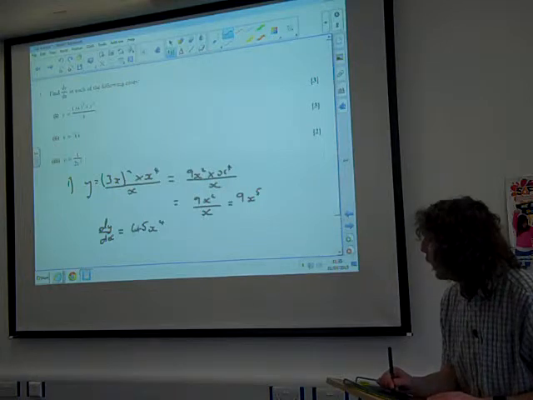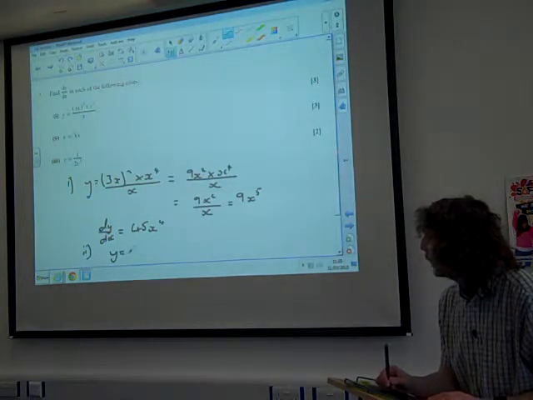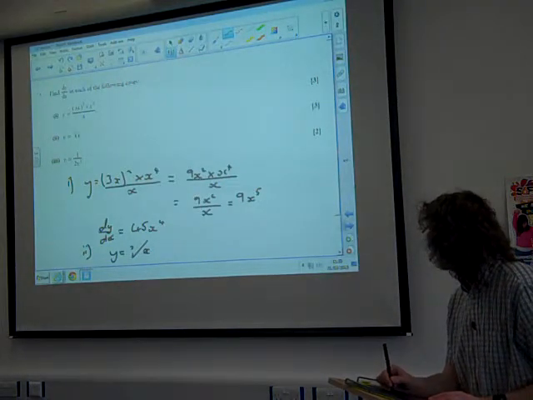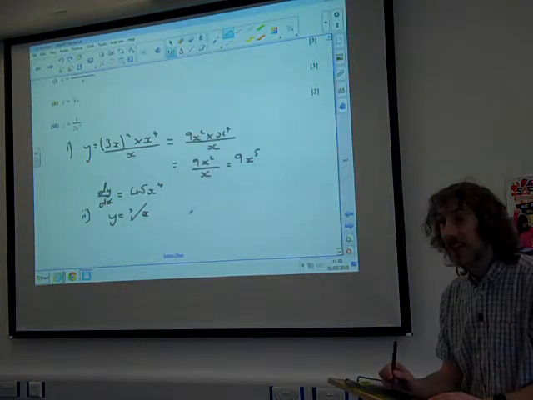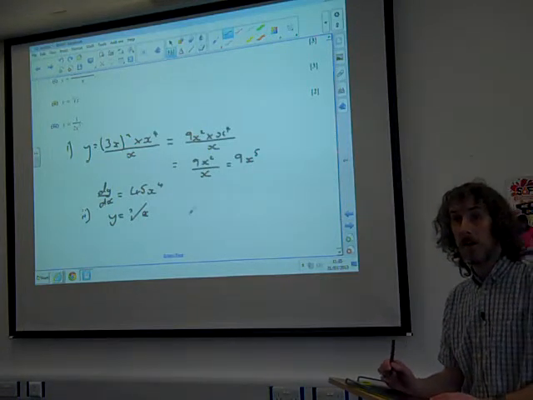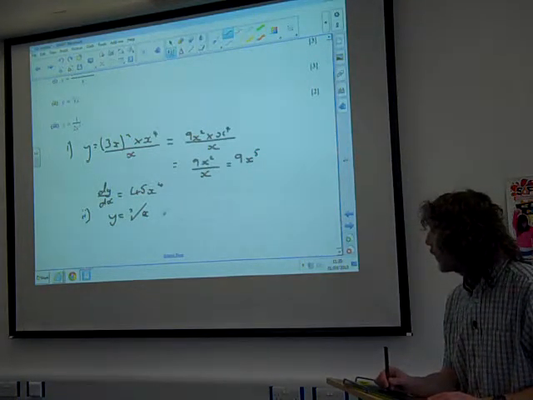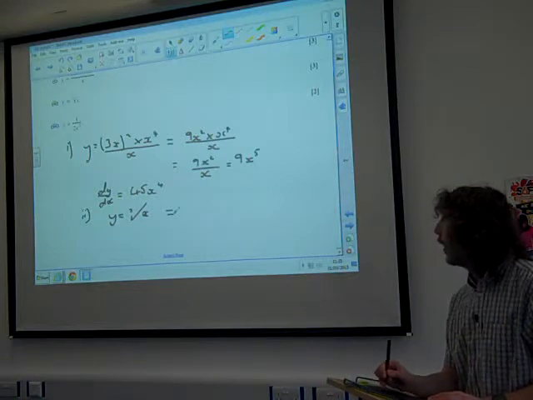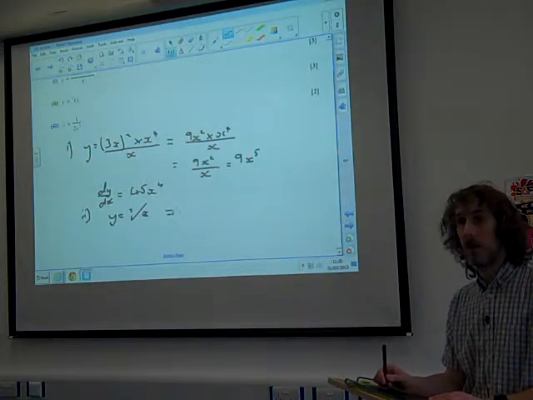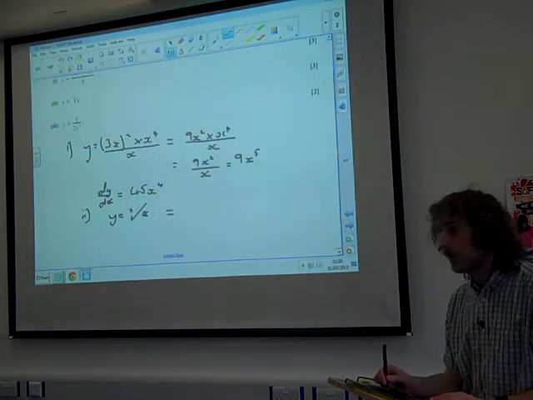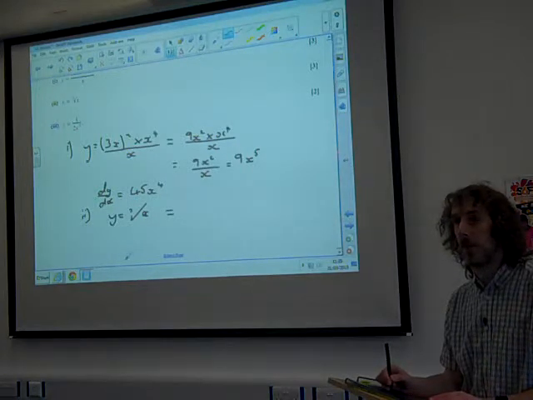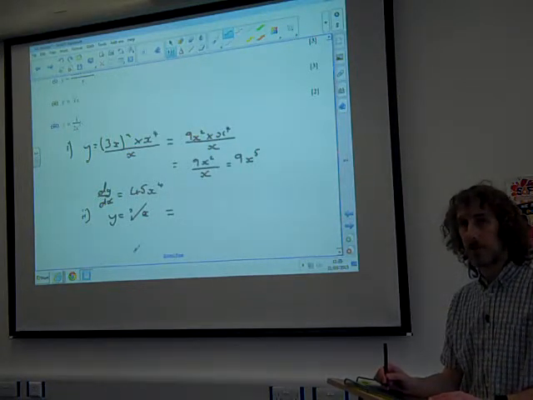Then we've got part 2. y equals the cube root of x. Okay, so again, the same thing happens here. We've got a cube root. And part of the skill in solving this question is to deal with how we turn that into a power thing. And we remember that,